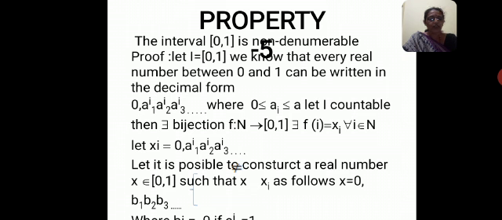Let I be countable. Then there exists a bijection function f from N to the closed interval [0, 1], such that f of i equals x_i for every i belonging to capital N. Let x_i equal 0.a1^i a2^i a3^i and so on. It is possible to construct a real number x belonging to the closed interval [0, 1] such that x is not equal to x_i, as follows: x equals 0.b1 b2 b3